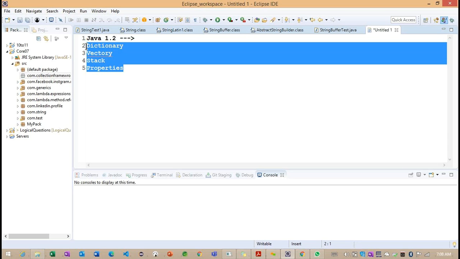When we work with the collection framework, we get high performance in the application, because internally it connects with dynamic arrays, linked lists, trees and hash tables. These are the main concepts. If we understand these four concepts, we can write any custom collection framework. So we need to focus on these four concepts: dynamic array, linked list, trees and hash table.